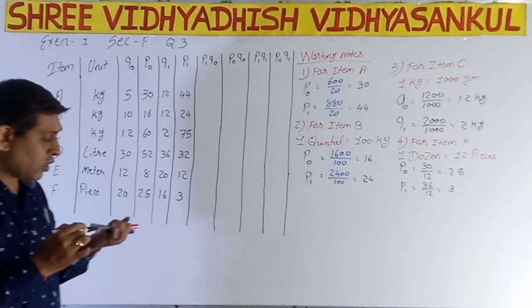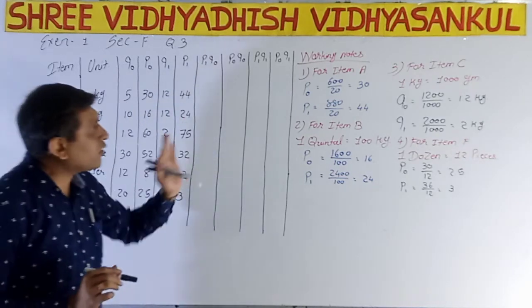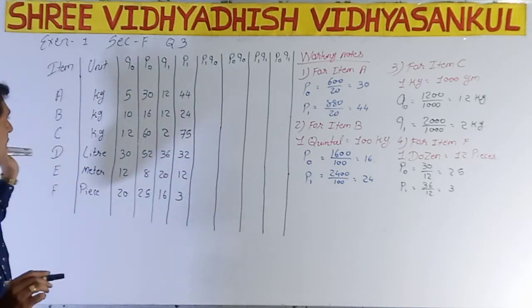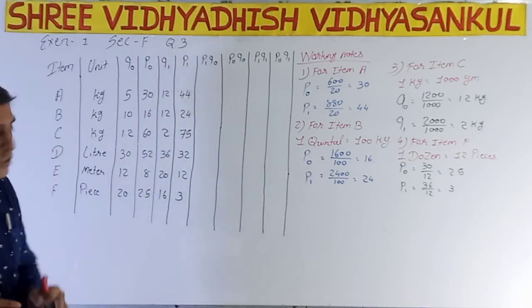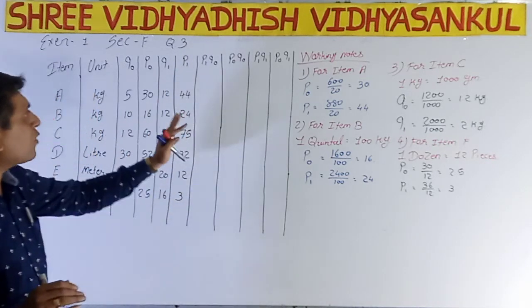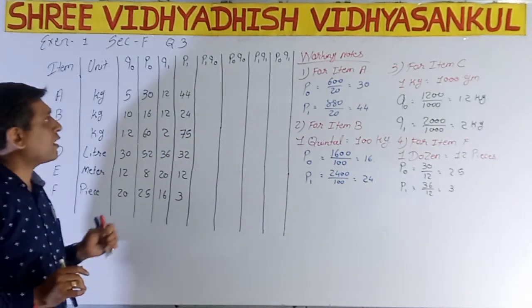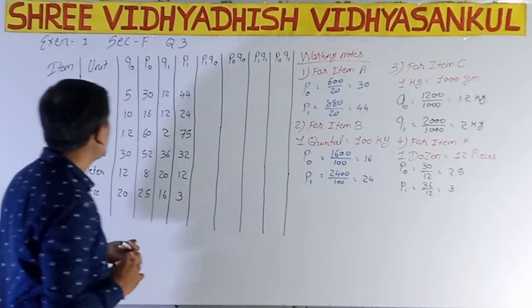Now see, your doubt is over. Here I am converting all the working notes, doing all the working notes and converting this practical question into our regular form. Now you just have to multiply this and then find out the Fisher index number. Okay, so here I am doing that.